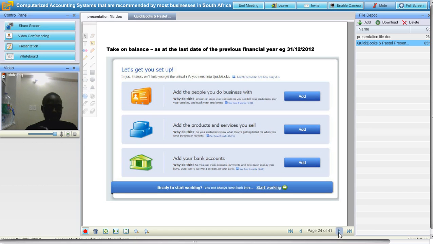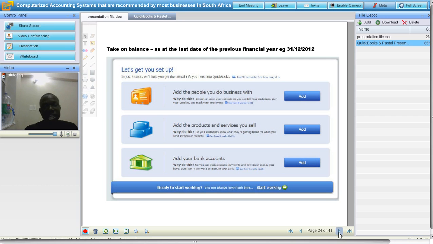Note that these, we call them take-on balances. The take-on balances for customers need to be entered at this point of time, or you can enter them later. The inventory, if you have got stock at hand, you actually need to enter them under your products and services you sell, and all the stock that is in the system, either import it from an Excel file, or you can actually add them manually, whichever way you do.